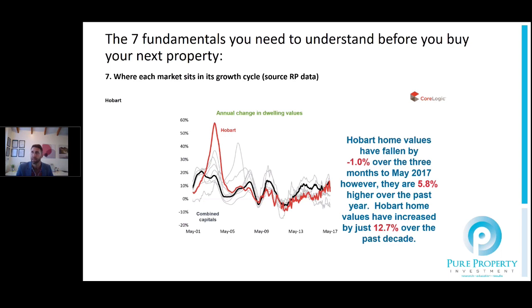Since then, around about GFC time, it's really been quite a perennial underperformer up until probably the last year and a half to 2 years, and I think we're seeing a nice transition now into the services sector. The Chinese tourism dollars are really flowing through to the Hobart market in particular, and that looks like it's projected to do quite well over the next 10 to 15 years.